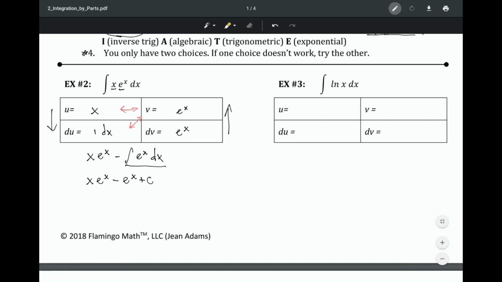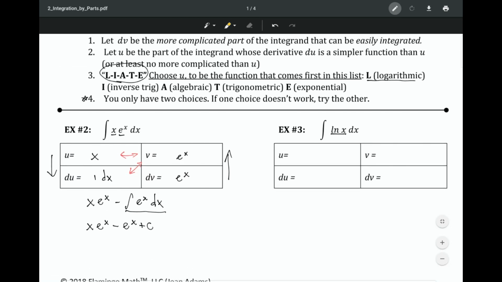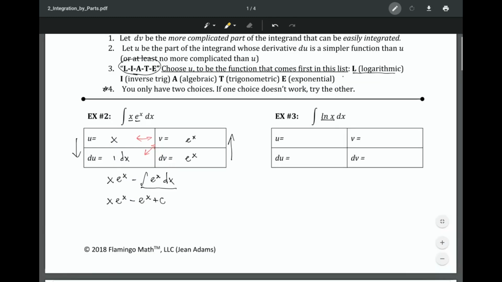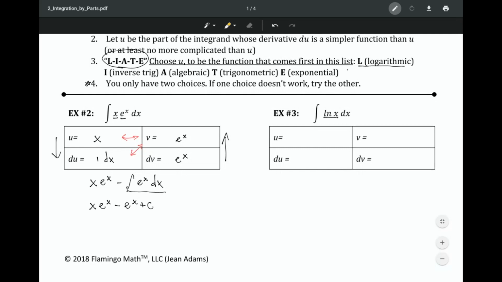Okay, so let's go to the next one. This one's a little bit confusing. It doesn't really seem that you have two functions. You have natural log of x dx, all right? So remember what it said on there is that we want to choose the logarithmic function first to be u. So we're going to pick that to be u. Now in this one, since I don't have anything else, what I can write for v prime is 1, all right? And if I integrate 1, I'm going to get x,